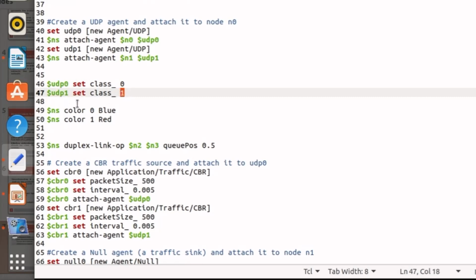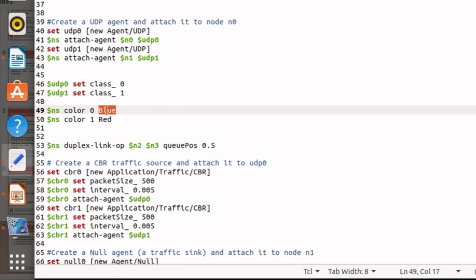So what is the use of setting the class? It is used for defining different variables regarding the packets. We are using only one variable named color, ns color 0. The class 0 color will be blue.